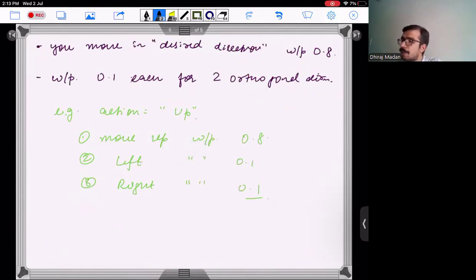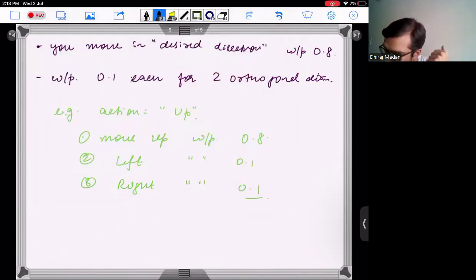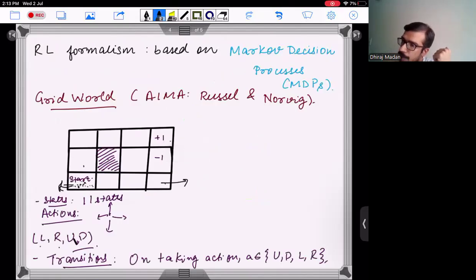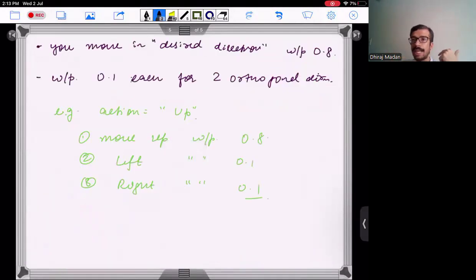But the idea which I wanted to give over here is that there is a notion of action, and based on those actions, you will make a transition to your state. So you'll transition in your state space. That's the main idea. Okay, and after this, essentially, at each step, you are going to receive a reward. So there is a notion of a reward. So at each step,